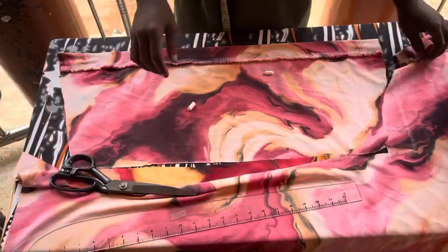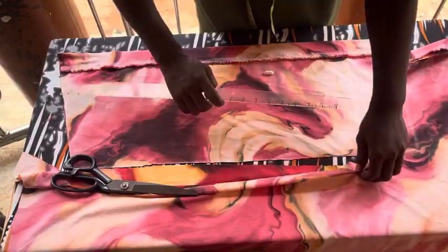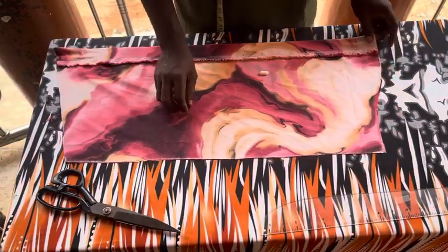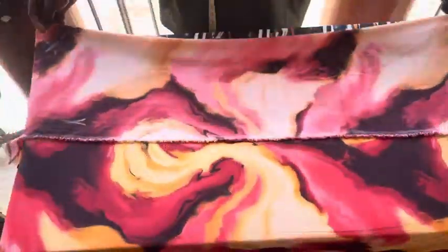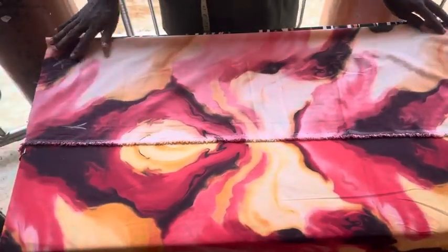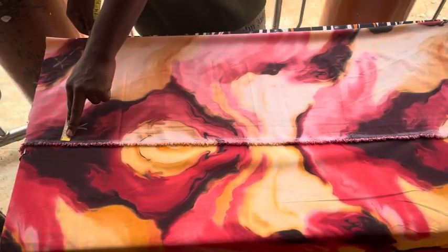So we are done cutting the front part of the shirt. So we are moving straight to the back. So with the back, you fold your fabric into two, like unfold this way. You fold your fabric unfold, and you measure